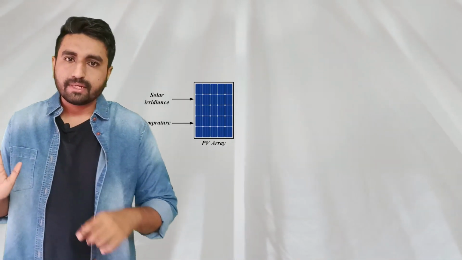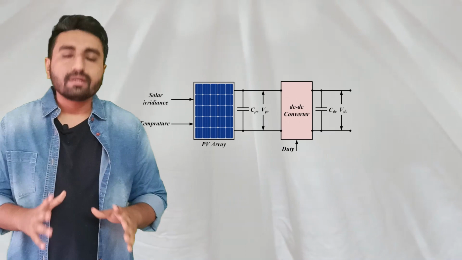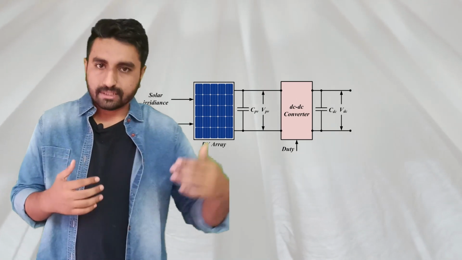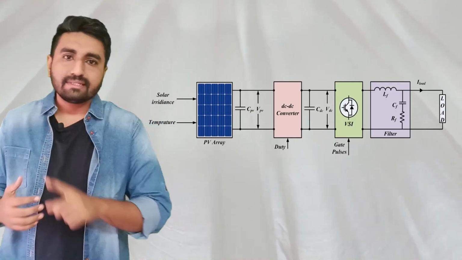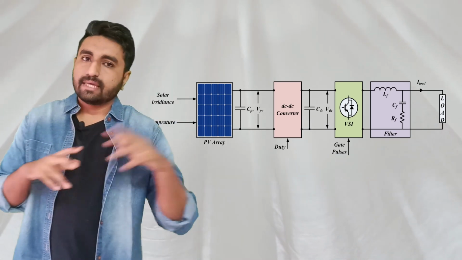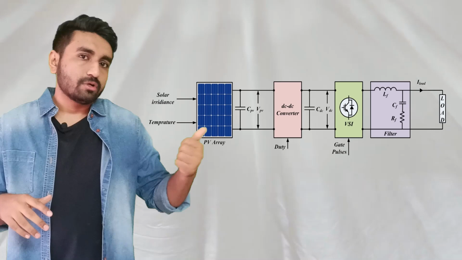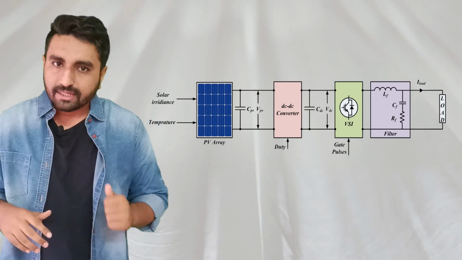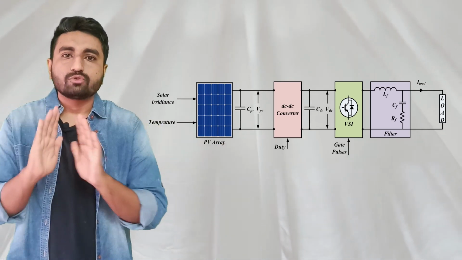First there will be a PV panel, then there would be a DC to DC converter. Then after that we will be having the DC to AC converter that will convert the fixed DC voltage into the controllable AC voltage, and then the AC voltage will be fed to the particular load that is connected at the output of the inverter. So that is the basics of the solar PV system.